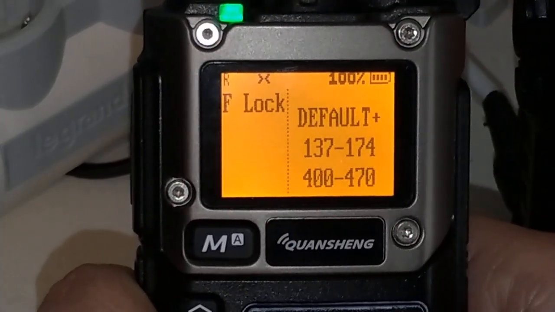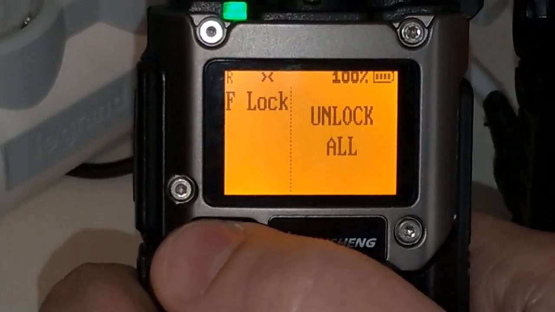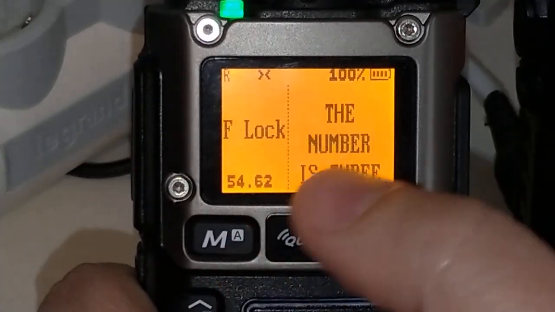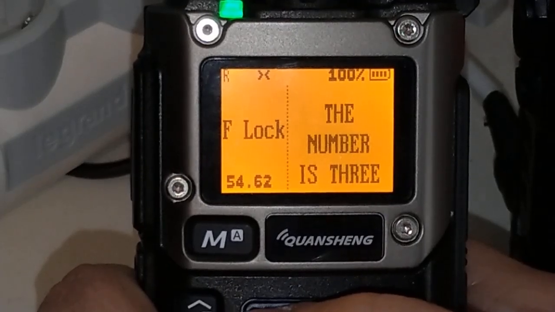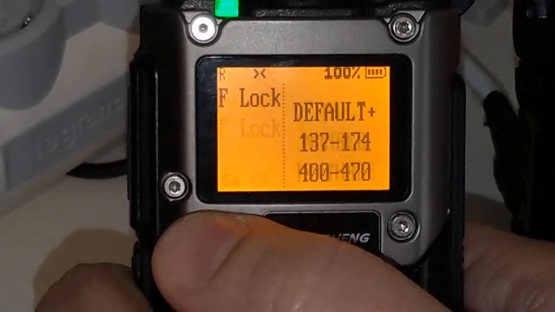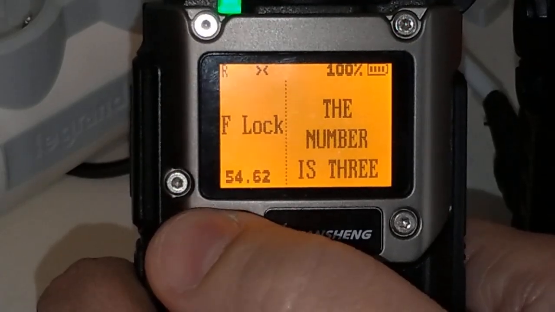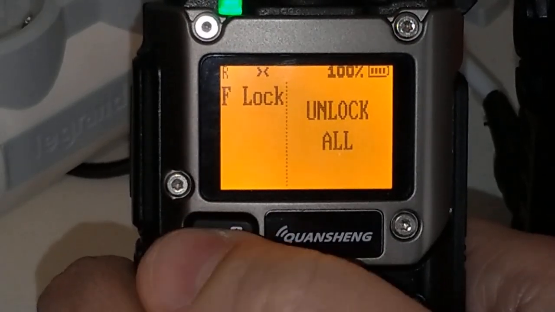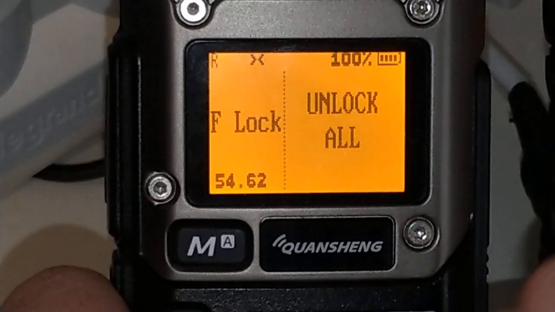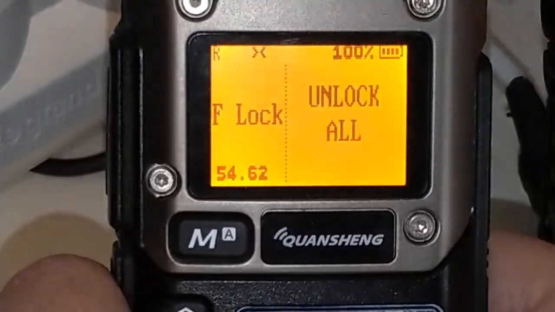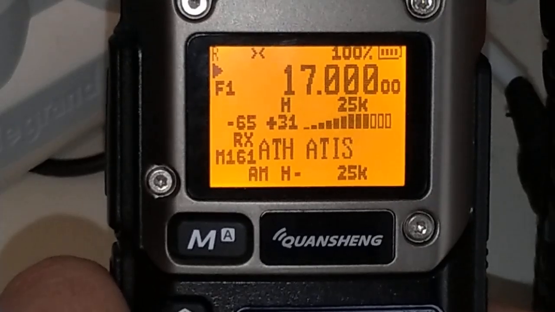So we select, go down, unlock all. You have to do this 3 times in order to unlock the menu. So press F-lock again, down, unlock all, F-lock, down, unlock all, and now unlock all is staying on screen. That means that the transmission has been unlocked for all frequencies.